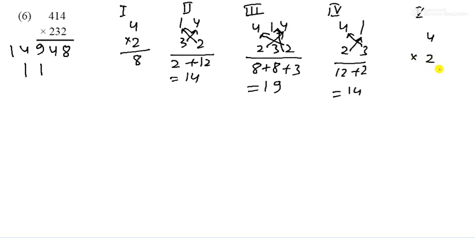Now step 4, what will be step 4? That is the 4 1 and 2 3. So multiply this one, 3 4 ja 12, and plus 2 1 ja 2. So it becomes 14. So you can write 4 here and 1 is here. And last step, that is the fifth step. In this step, 4 and 2.